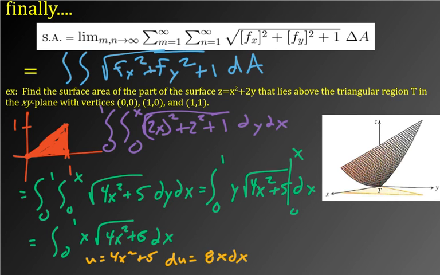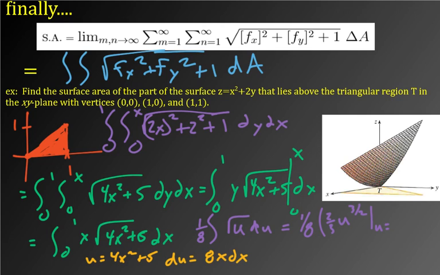And so we could really just solve this thing by doing 1/8 the integral of square root of u du, which is just going to work out to be, let's see, 1/8, and then we would have u to the half there, so we got to raise that to 3/2, and then divide by 3/2 or multiply by 2/3. So we've got u to the 3/2,